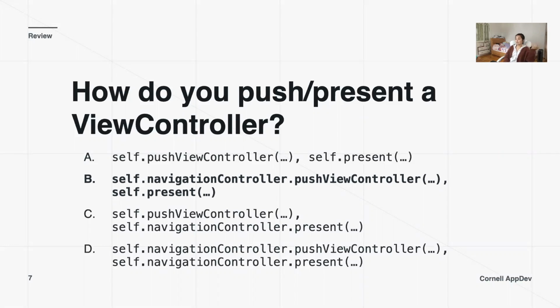And the second way that you can do navigation is through present view controller. The syntax for that is in line 2 of part B. So self.present, and then you put in the view controller. And just as a quick reminder, the difference between the two kinds of